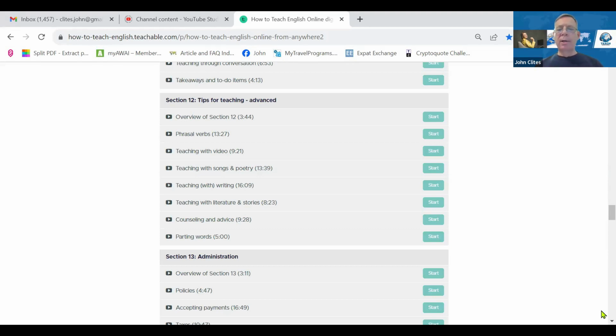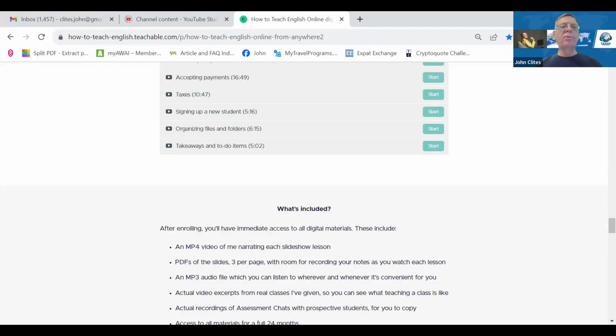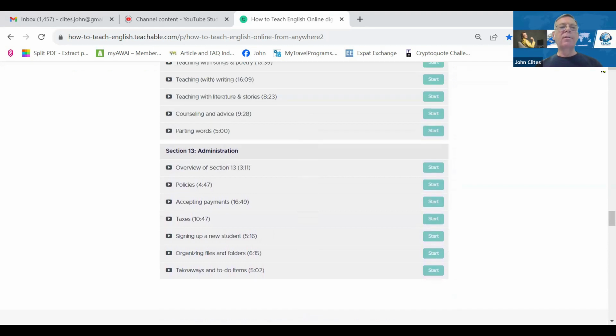Stories and literature, not appropriate for all students, but if you have a pretty advanced student, then this is something that you might want to do. I don't think I've had a student yet that has done this. I've suggested it to several. What would you think about reading some short stories, or maybe tackling a novel? I typically will start with shorter pieces like short stories.